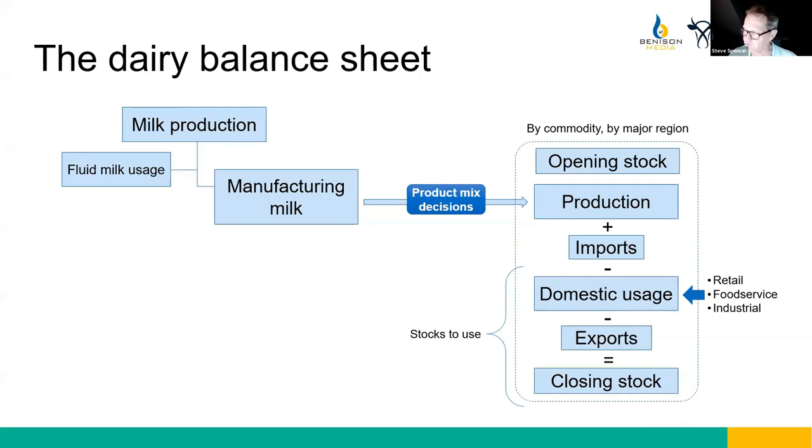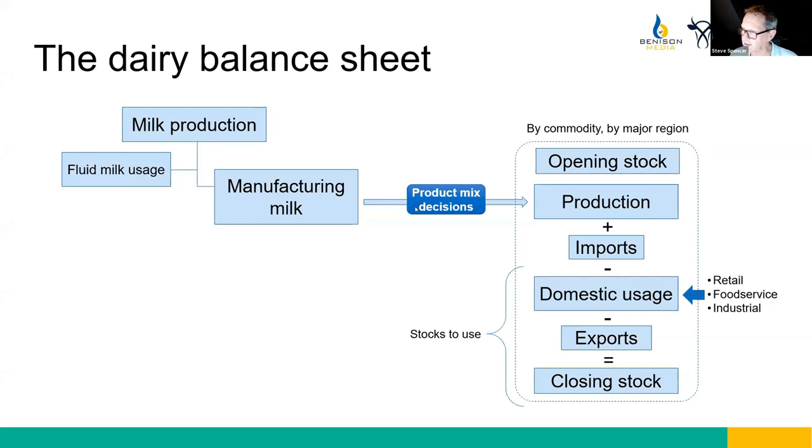Domestic usage is the largest offtake of milk in the globe. I'll walk through some of this shortly, but the domestic markets for cheese in Europe and the US are the largest consumers of milk in the global market, and there are a number of variables that impact the consumption of those products. What's left after that domestic use is what we call export availability. It is the trade in those export markets and the availability of that product that determines the value of milk and pretty much values all milk in the supply chains around those developed regions. So it is a very complicated marketplace.